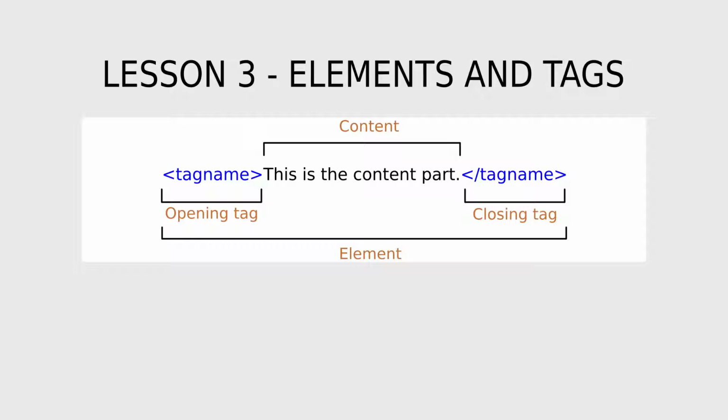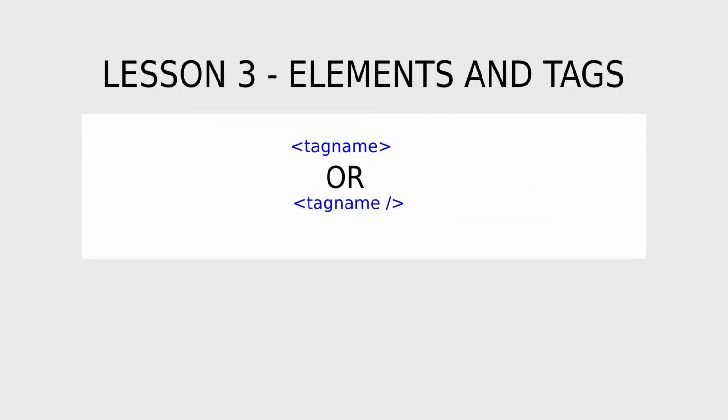The opening tag along with the content along with the ending tag make up an element. This structure is common for most of the elements. The only thing that is going to change is the name of the element. There are some exceptions, however. Those exceptions are empty elements.